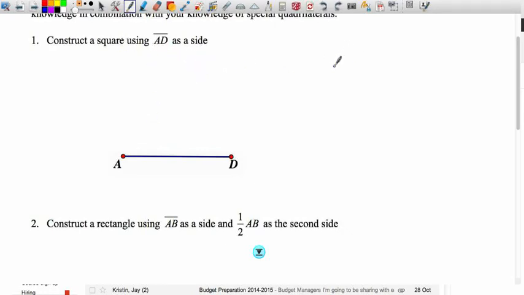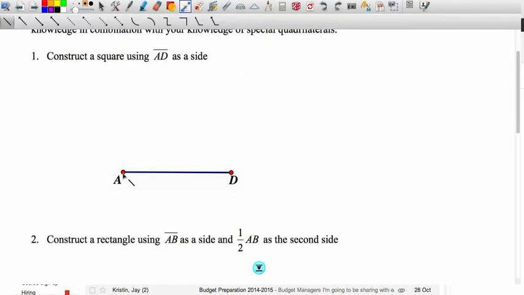So effectively what we need is 90-degree angles at A and at D. Then we can copy the length of AD for both of those, and then we'll be able to close that out as a square. Okay, so I'm going to start by